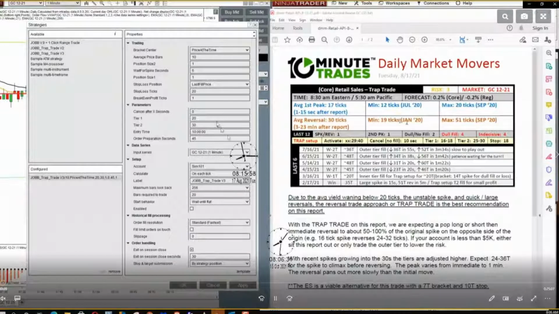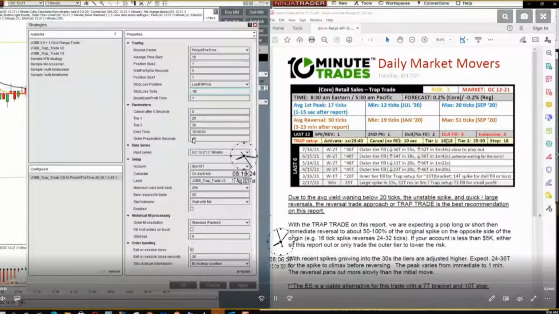So with a trap trade, you've got two positions, a stop, of course, but you also have an entry time and a preparation time. The preparation seconds is actually the time that you're entering the trade. It's how many seconds before 8:30 the orders are going to show up on the chart.